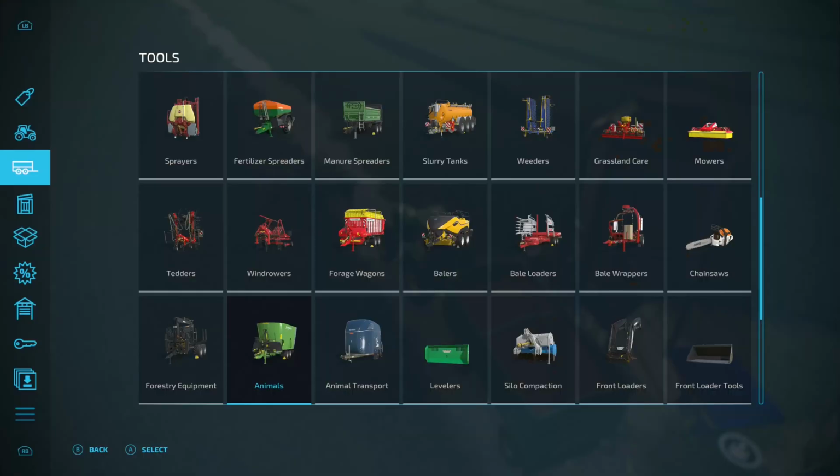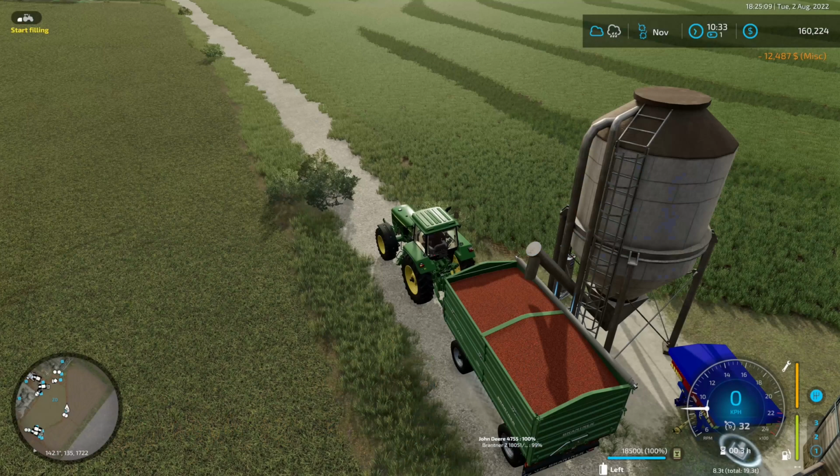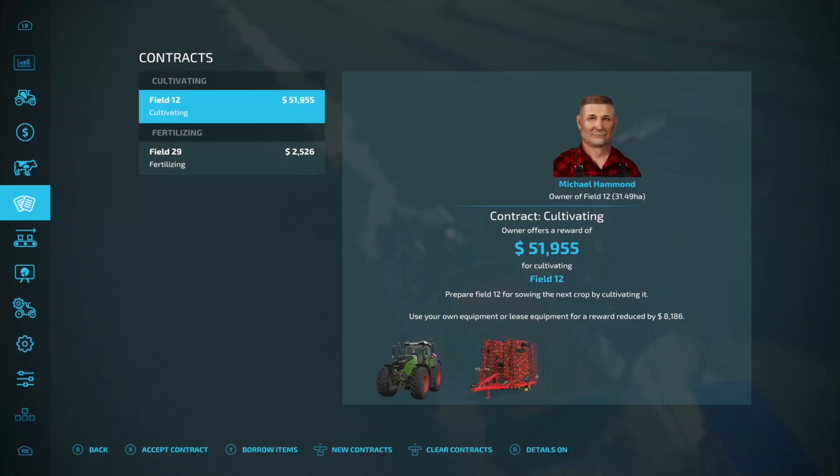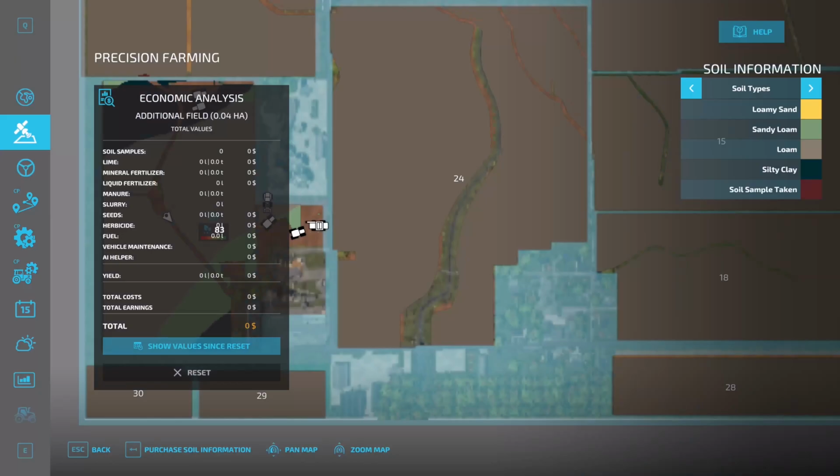I bought the precision farming. How much did that cost me? 12,500. 26,000. Right. Yeah, I bought the precision farming data and I reimbursed myself, because we all know I did scan it,